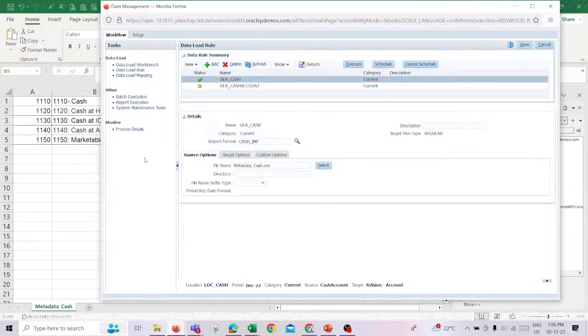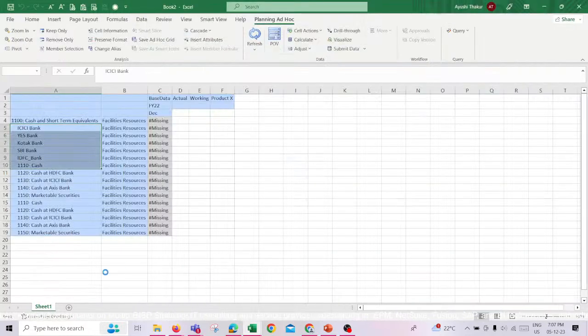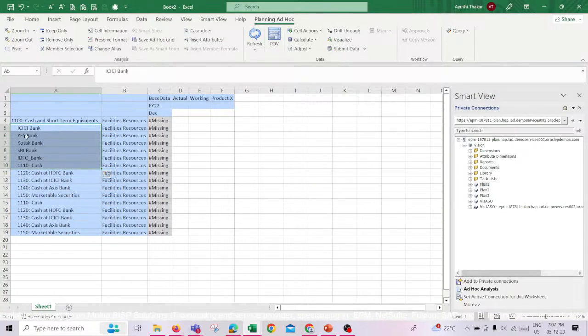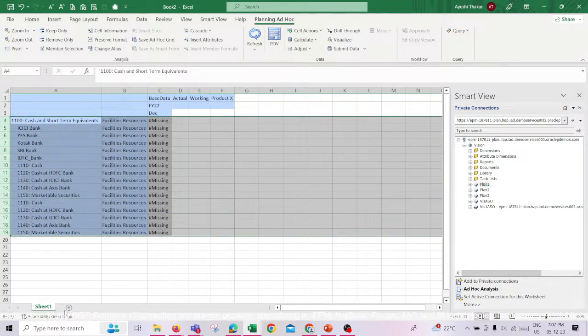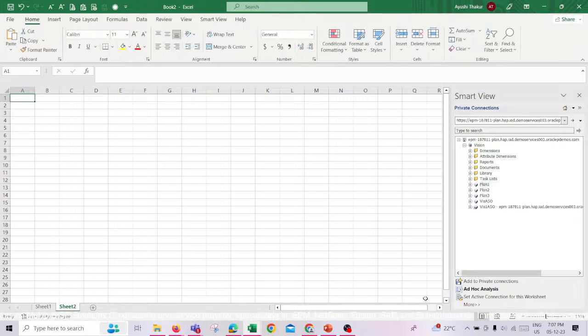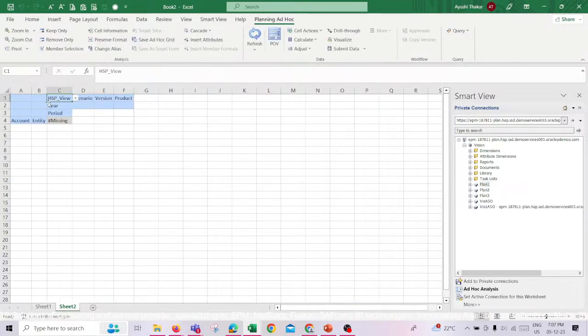Okay, data has already been loaded, that's why it is showing an error. Now you have to validate that whatever the data, whether it's in bulk or not, has been loaded successfully or not. For that, go to Smart View and make a connection with the application. We are going to check whether the data we have loaded has been successfully loaded in the application. Maybe it was uploaded in the application but is not visible over here. Just to confirm and do the validation before moving ahead, we'll do the validation over here with the help of